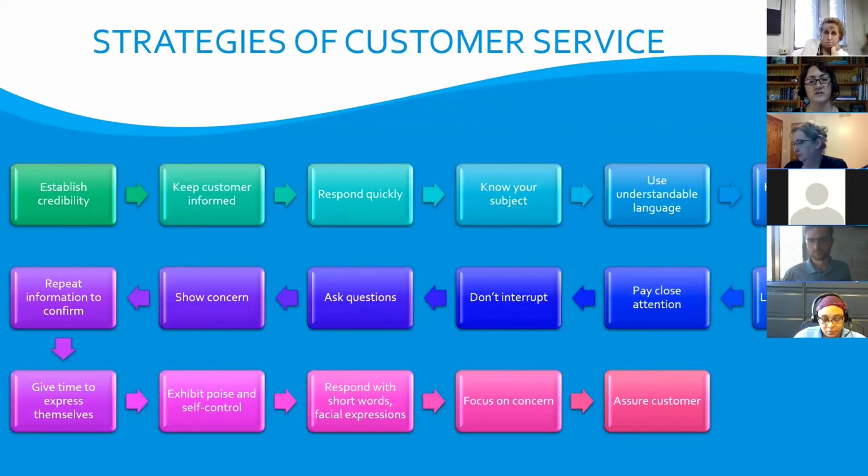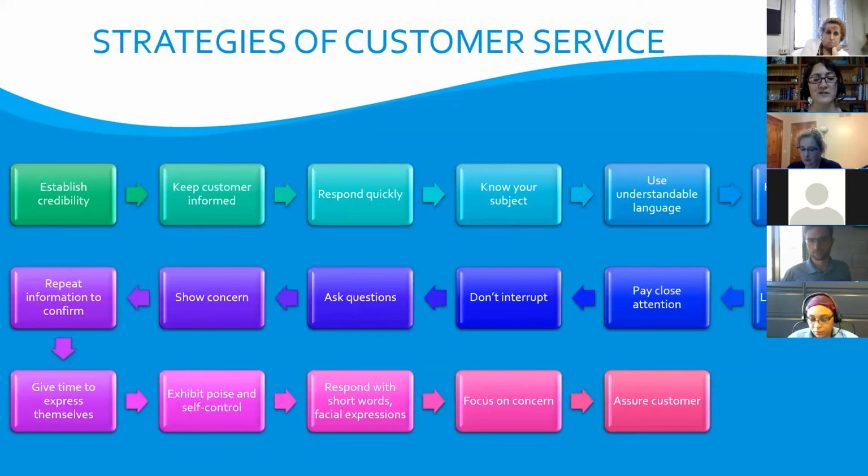You want to give them time to express themselves. This is sort of related to don't interrupt, but some people take a little time to find their words. We already talked about the barrier to listening in terms of language skills. If someone's first language isn't English, then you definitely want to give them time to find the words. This one can be difficult, right? If you've got 10 people on hold or in line, or you've got 25 businesses to visit, and you've got one person who's struggling to compile a sentence, it's really hard to be patient, but you really do need to give them time to express themselves.